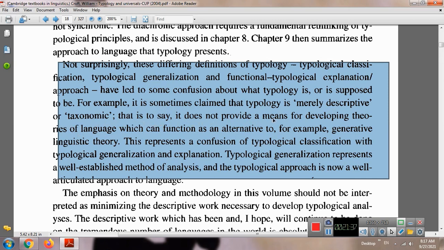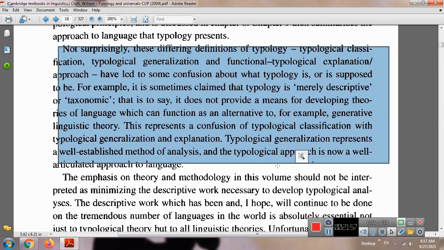That is to say, it doesn't provide a means for developing a theory of language which can function as an alternative to, for example, generative linguistic theory. This represents a confusion of typological classification with typological generalization and explanation. Typological generalization represents a well-established method of analysis, and the typological approach is now a